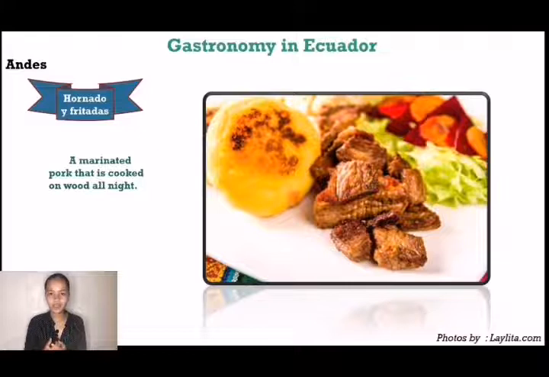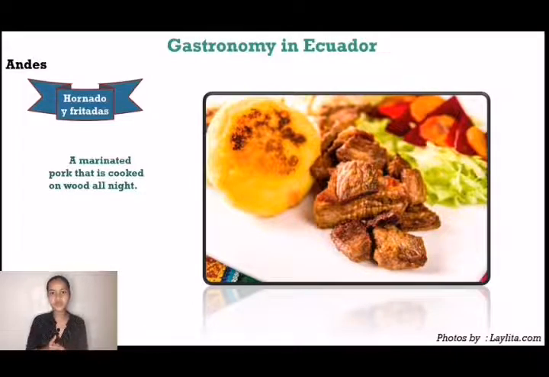Hornado y fritada. Fans of specific meat dishes will also find something for them in the Andean region. It is worth recommending the crunchy pork dishes such as the hornado and the fritada. The hornado is a marinated pork that is cooked on a wood fire all night long.